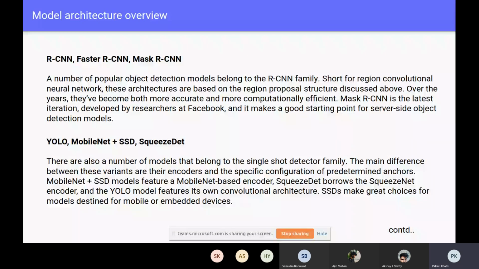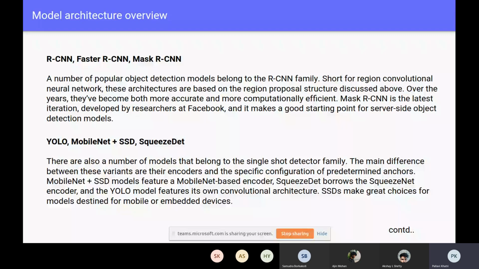Another family is YOLO, MobileNet plus SSD, and SqueezeNet. These models belong to the single shot detector family, where there exist predetermined anchor points. The main difference is that a predefined grid is there and there is no subnetwork for region proposal, and these are best suited for low power devices.